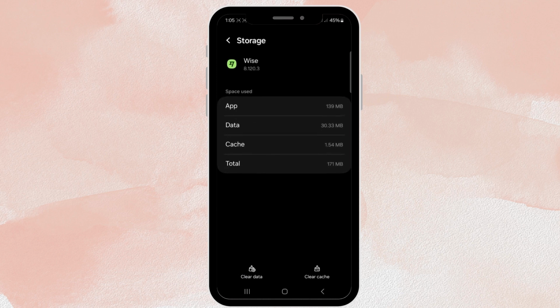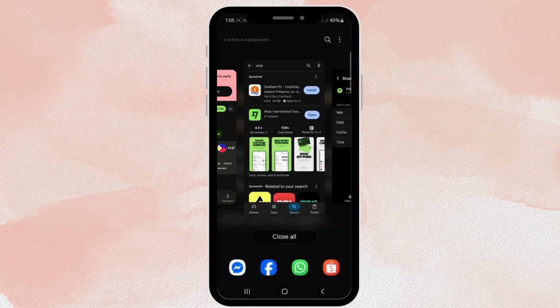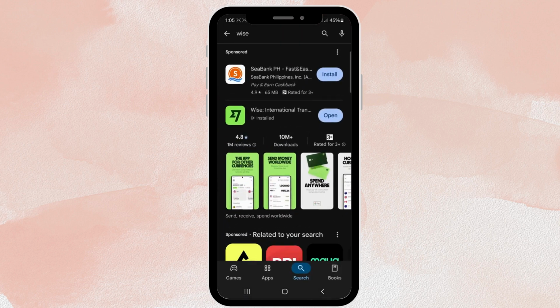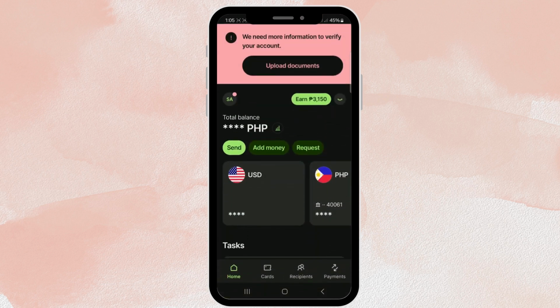After that, go ahead and click on Clear Cache to wipe any temporary files that could also be part of the problem. Once these steps are completed, you can exit out of settings. Now it's time to return to your Wise app and try logging in again. By following these steps, you should be able to resolve any problems with your app, allowing you to use Wise